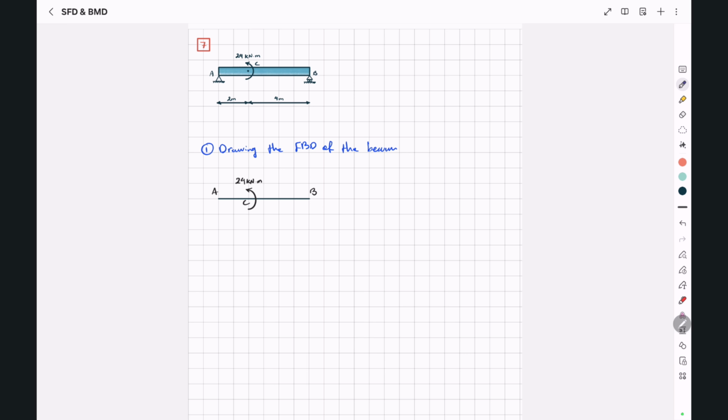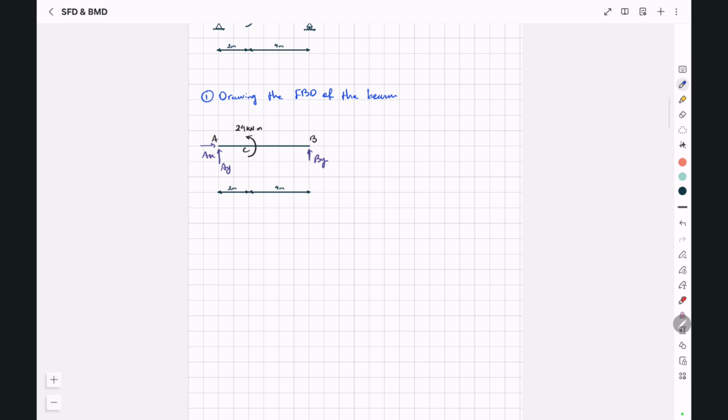At point A, we have a pin support, so this is AY, this is AX, and point B is a roller support, so we only have BY, and these are our dimensions. Now in the second step, we have to write the equations of equilibrium and determine these support reactions. So step 2,